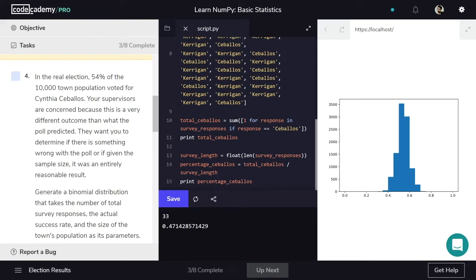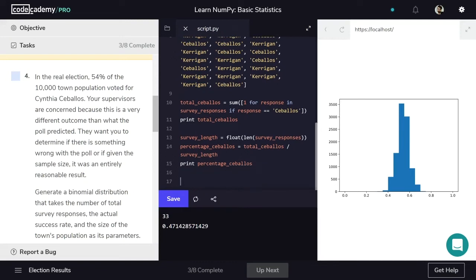To generate our binomial distribution, which is just a long list of percentages, we'll use NumPy's random.binomial function. This will have 3 parameters: the number of surveyed people, the real vote result, and the number of people who really voted. So our possible_surveys is going to be